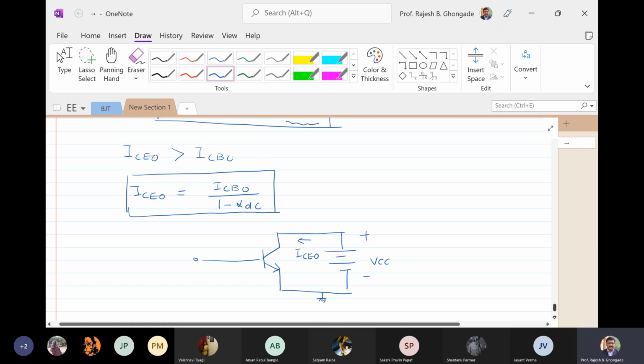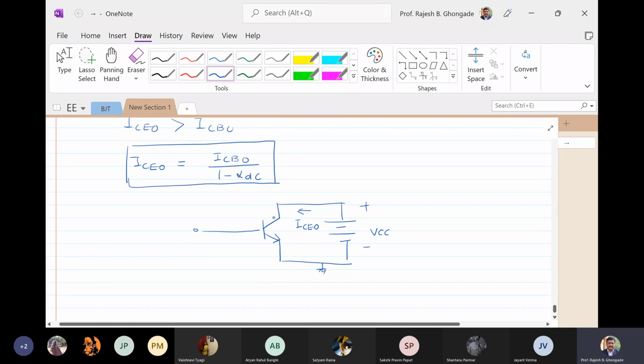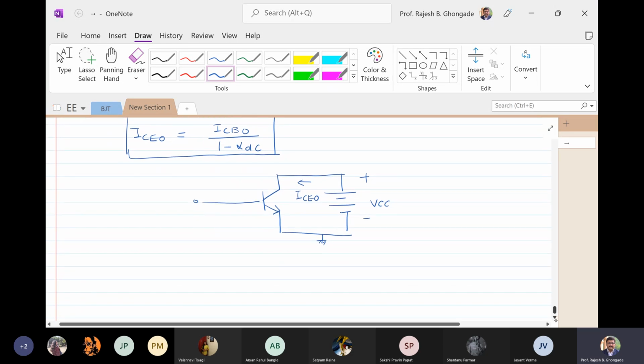That is the reason why we call it ICEO. This O stands for when the base is open. Now this is a reverse current actually, because the collector base junction is reverse biased. So obviously this is the reverse saturation current in this configuration,